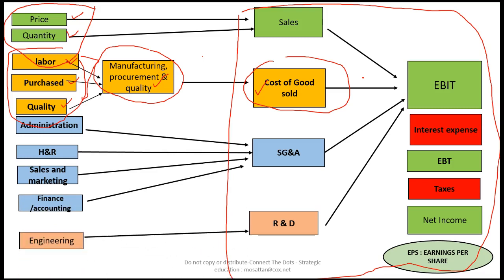So if you want to improve your earnings per share, or let's say start at net income, you cannot do much here, at least in the short term. You cannot do much here. You can in the long term. Obviously, you want to pay your debt down if you wanted to, but in the short term, there's not much you can do. So the management team really is focused on this. In order to do that, they've got to enhance this, somehow make this better, this better, this better. And if they do that, this will get better.